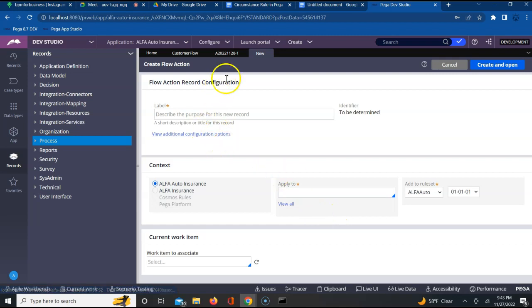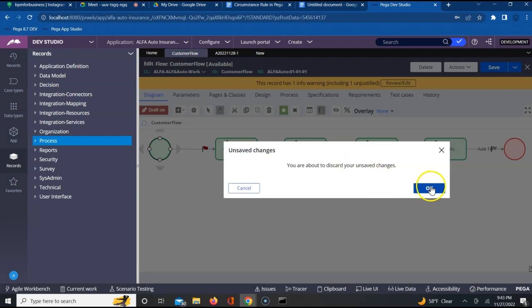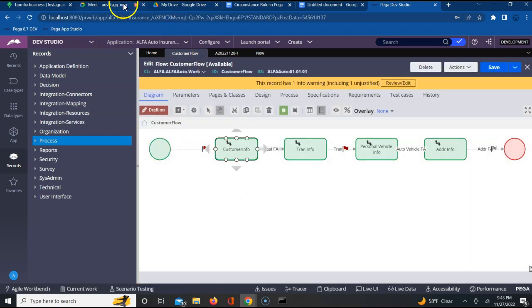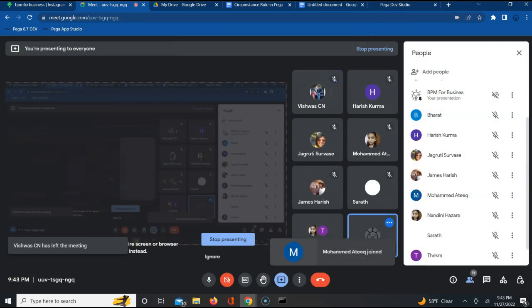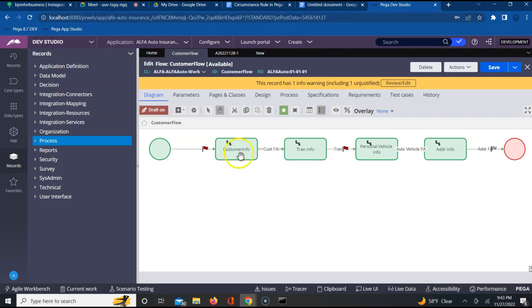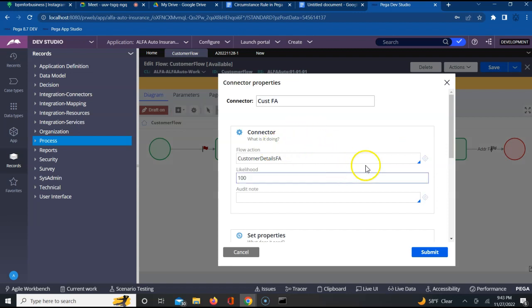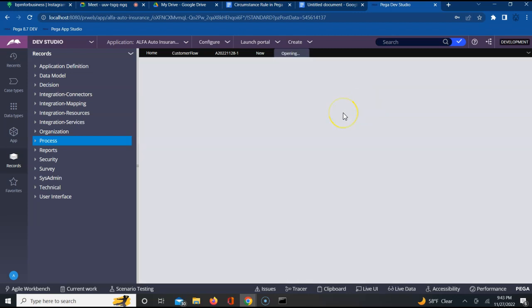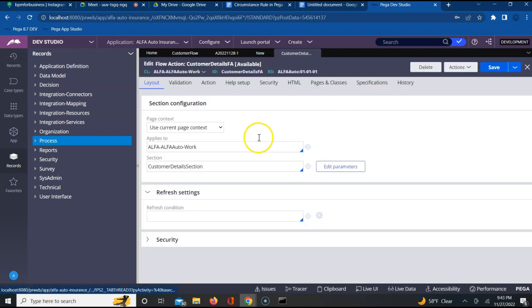Okay. Before doing that, let me tell you where exactly I can call this. What are all the places where we can call this? One place is, if I open an existing flow action, for example, I'm opening the customer details flow action. This is a customer details flow action. This has been defined on the connector. If you come to the actions tab